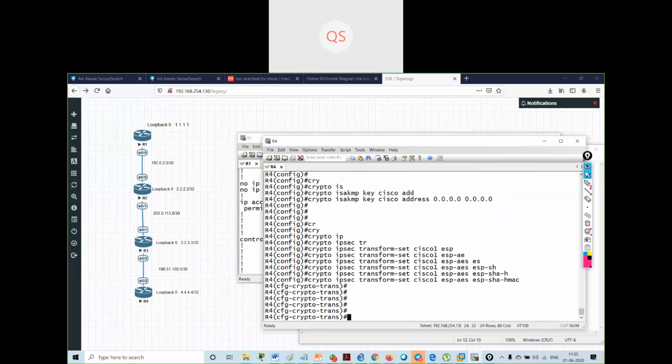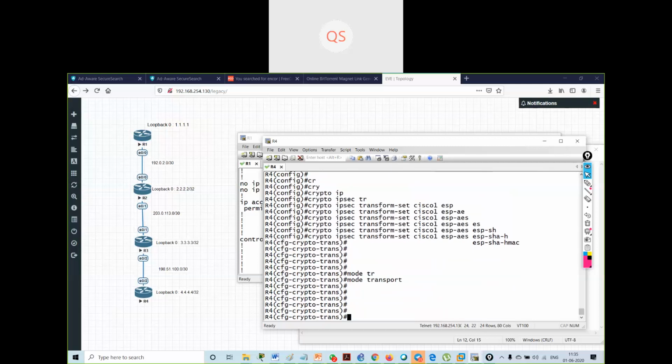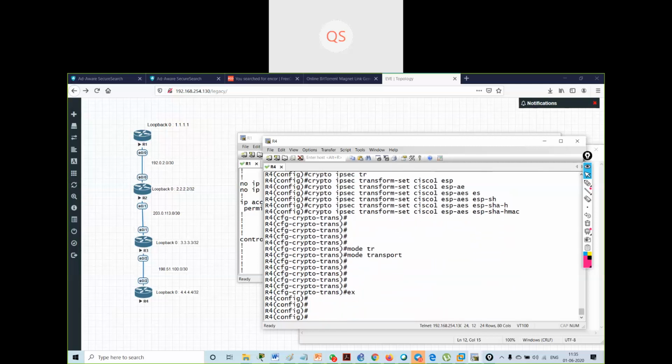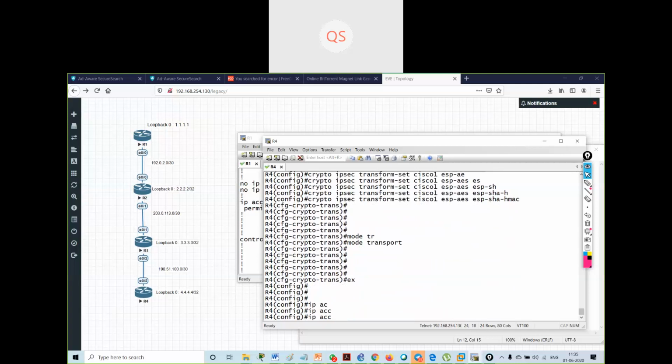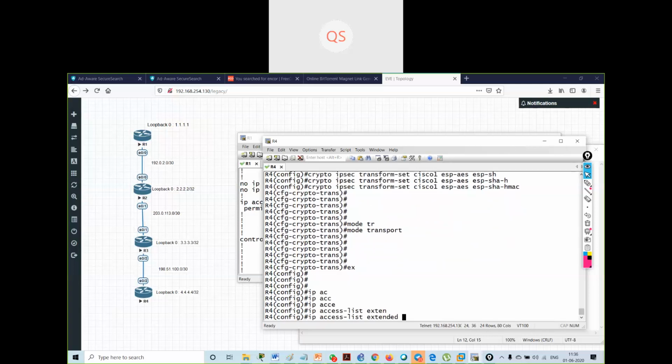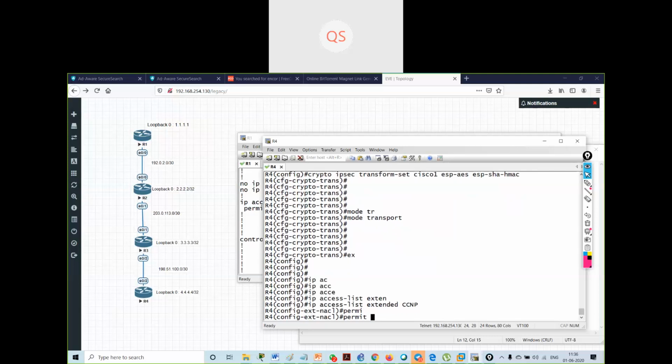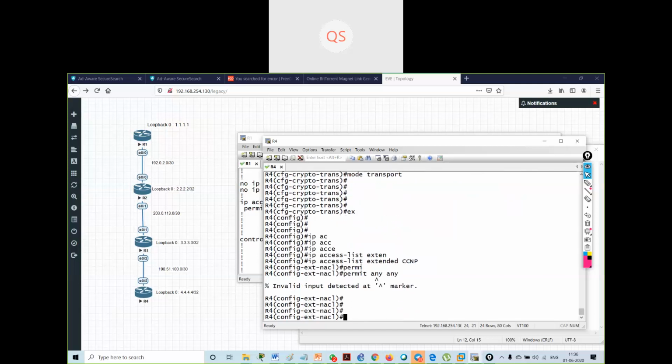I will say mode is transport. Exit. Then the access list: IP access list extended CCNP, permit any, permit GRE any.